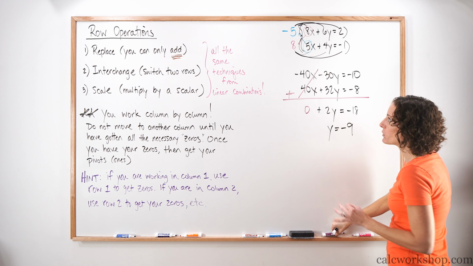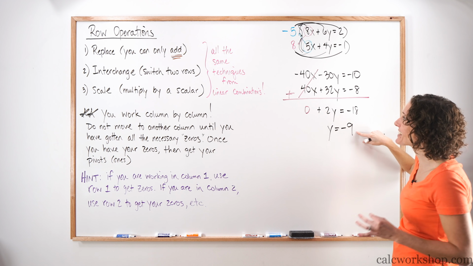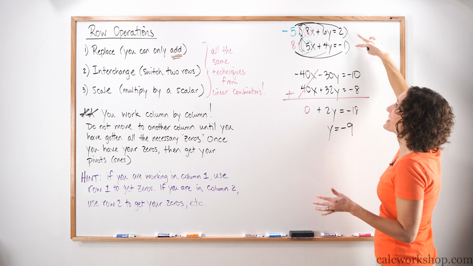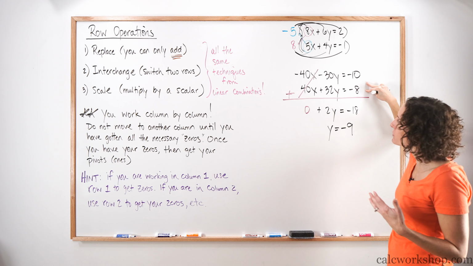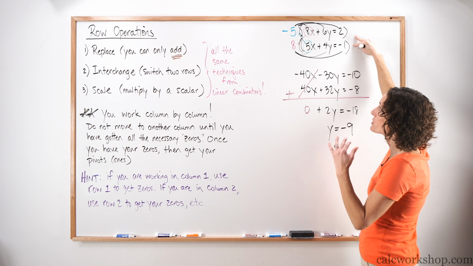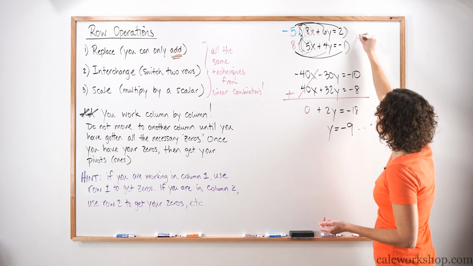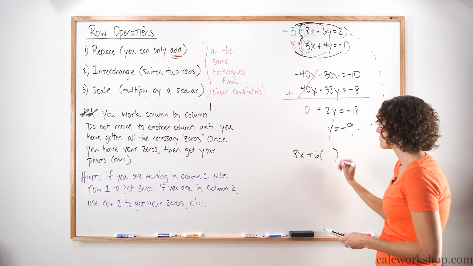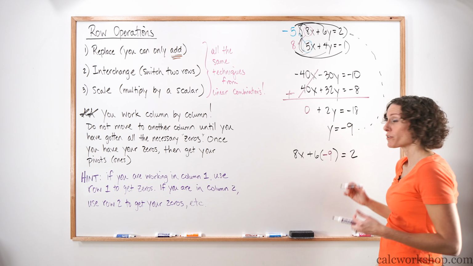Now that we know that y equals -9, all we have to do is find what x equals. We have a choice. We can take this -9 and plug it into either of our new and improved equations or into either of the original equations. I probably wouldn't plug it into the new and improved ones because there are bigger numbers, but we get to decide. We can plug it into either the top equation or the bottom equation. It doesn't really matter. If we choose the top equation, that means we have 8x plus 6 times -9 equals 2. So now what are we going to do?